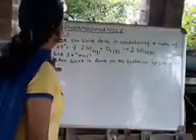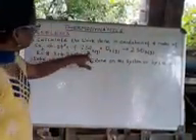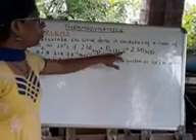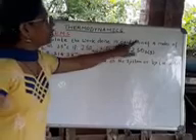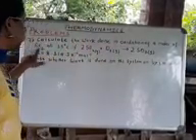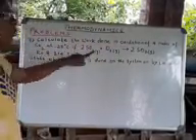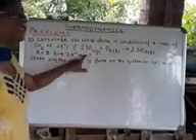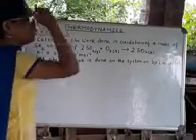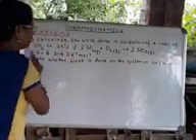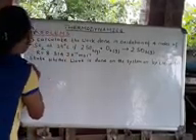Fine. One reaction is given, and that reaction is 2SO2 plus O2 giving 2SO3, and they asked us to calculate the work done in the oxidation of 4 moles of SO2. Now see here, it is 4 moles of SO2 but the reaction given is 2 moles of SO2. The first work we have to do is change the number of moles of SO2. Okay, from here the solution starts.